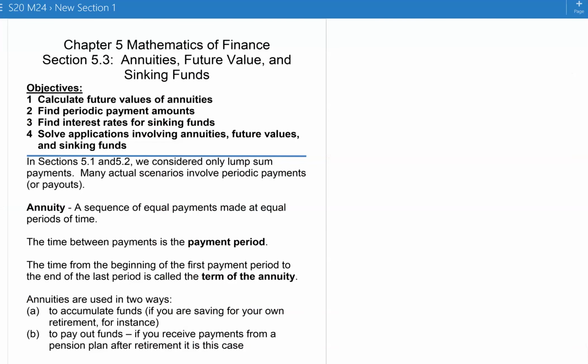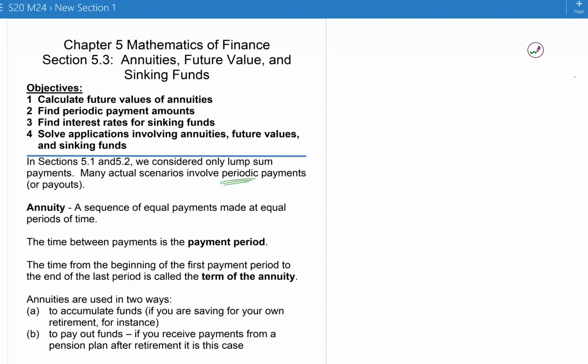Section 5.3 is talking about annuities, future value, and sinking funds. In sections 5.1 and 5.2, we only looked at lump sum payments. So 5.3 and 5.4 will involve periodic payments, where you're making payments at some regular intervals. In 5.3, we'll be talking about putting payments into an account,